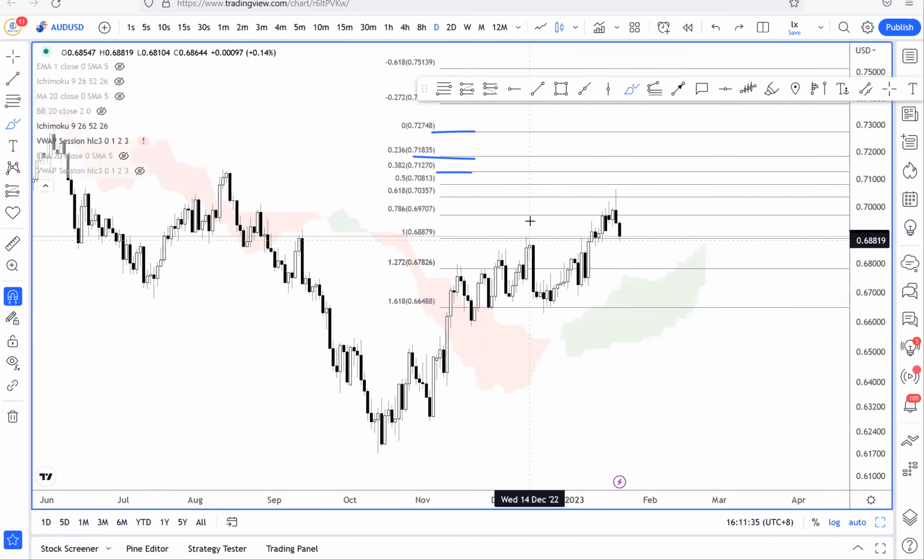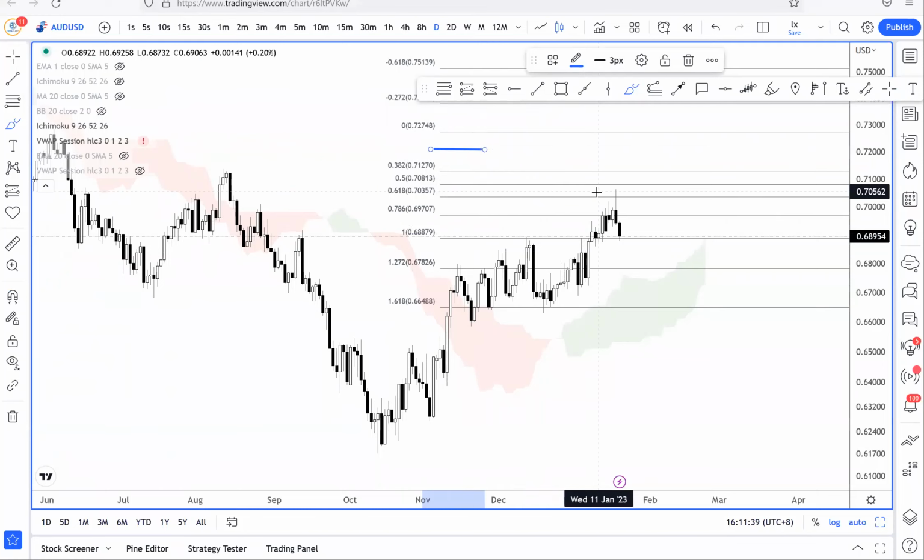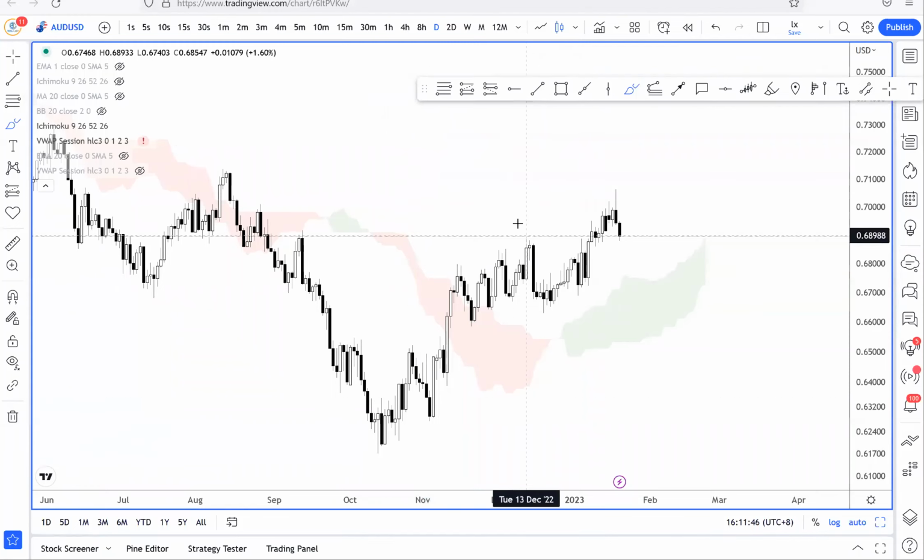Which is why we try not to just take it in isolation, but rather we want to make sure that at this level, it's also in line with a supply or demand area. So that's the first thing to take note of. So in terms of supply and demand area, the next question is how do you determine them? So again, for supply demand areas,